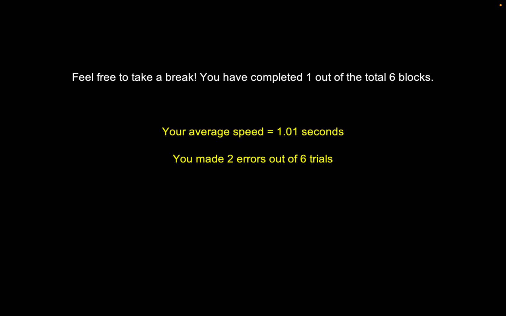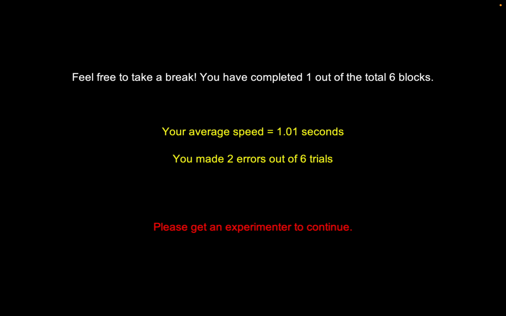It's a pretty basic visual search task and pretty simple. If I intentionally make an error here, I get an error message. If I intentionally do not respond on the next trial, I get a too slow error message. So there is trial by trial feedback based on whether there is a missing response or whether there is